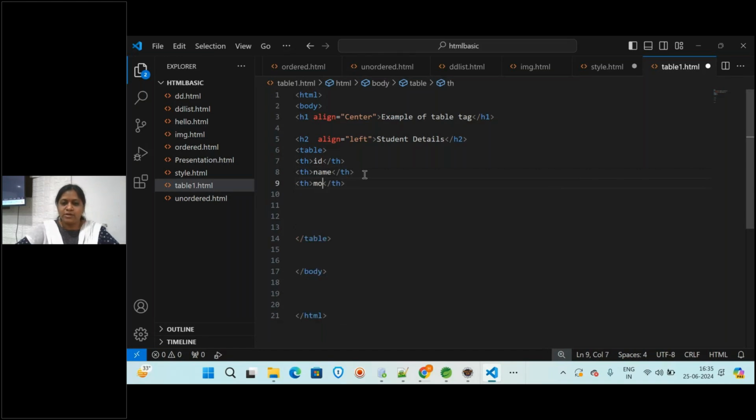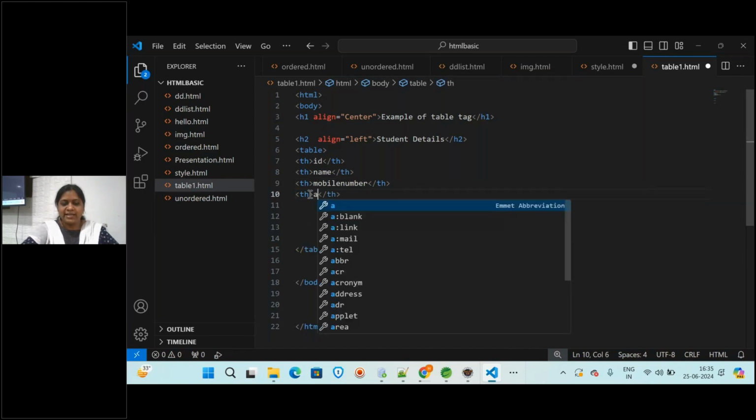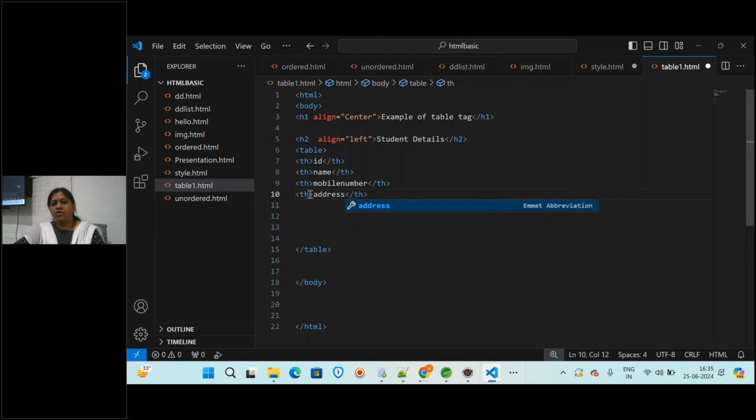You also want a mobile number, so you will create the mobile number, and then in the th maybe address. So like this you will be writing. These are all what? Table headings. So now we are writing the table headings. Now I will just save and show you how it will be created.